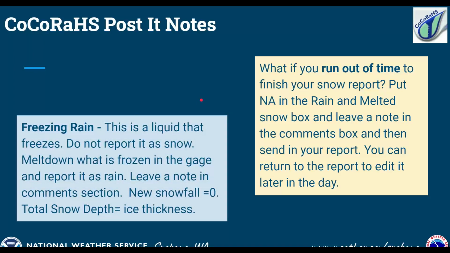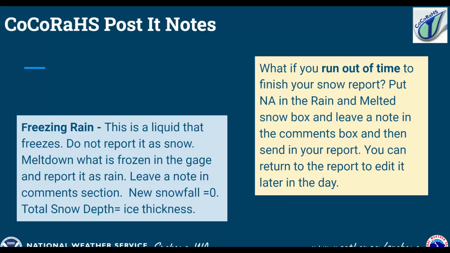Oh, another good one having to do with freezing rain. Freezing rain is rain that falls, but the temperatures at the ground are below freezing, so it actually turns to ice. And we don't really have snow involved with this. Freezing rain is not snow. So whatever's in your gauge that's frozen, you want to bring it inside and melt it down.